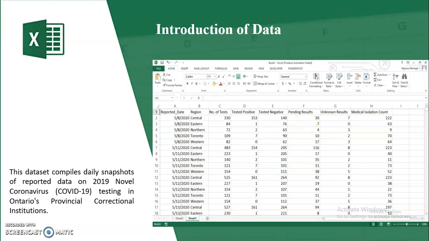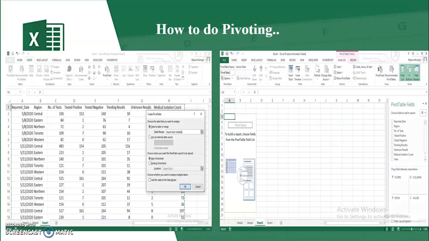To fulfill my objective, I have to do pivoting. I have to find out the corona test positivity rate, and it will be fulfilled with the help of the pivot table function. For pivoting, we have to select Insert, then Pivot Table. After clicking, we are directed to a dialog like this. Then here we have to select our range. We select the range in which our raw data occurs, then choose a new worksheet, then select